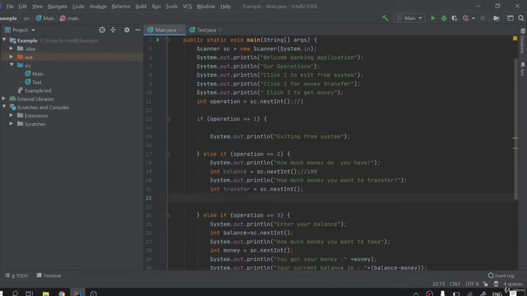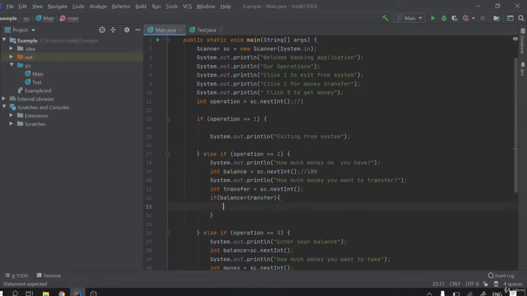For example, let's write another if here. This type of if you will see for the first time. For example, we have here else if. Inside the else if I am going to create another if. So I created it, and I'm going to write if balance smaller than transfer, SOUT, and you cannot